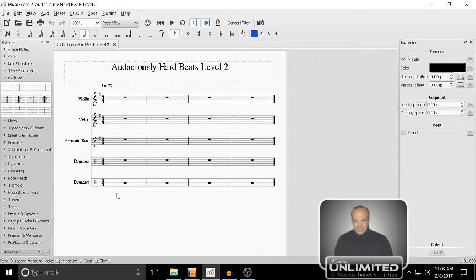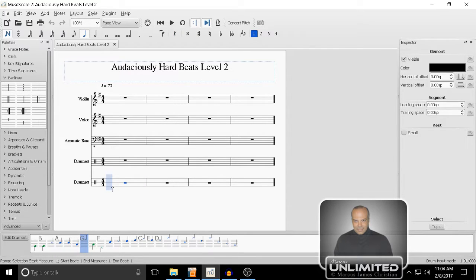But the first thing I want to get going, of course, since this is about audaciously hard beats level 2, let's jump in here with our drum beats. Okay, so down here, when we click on this, we're wondering, okay, what is going to be what? Well, in drum notation, they help us out a lot here. I'm going to click the letter N on the keyboard, and we get this whole cool drum kit relative to